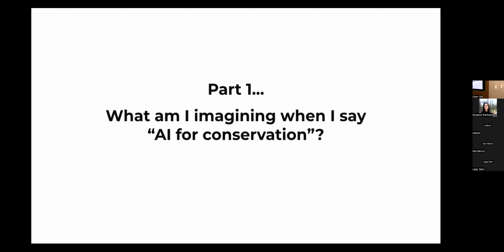Okay, so people mean lots of different things when they say AI for conservation. I mean something pretty specific, and I don't want to tell you that that's the one true AI for conservation. I want to give you a taxonomy of how I think about it, maybe help you put different problems in different boxes so that you can use that taxonomy also.